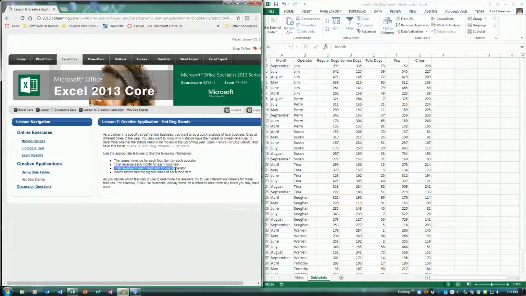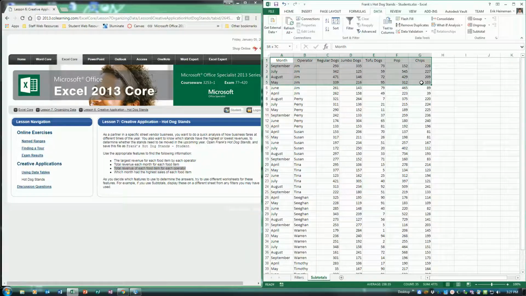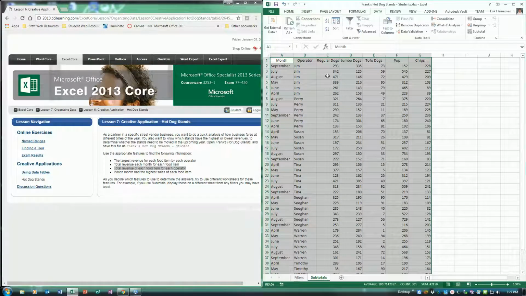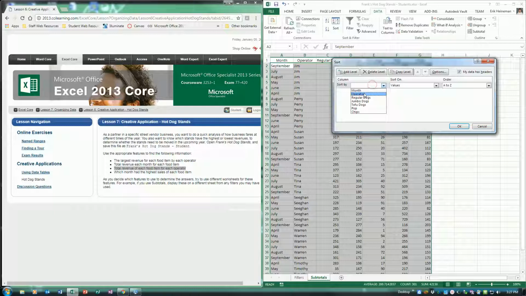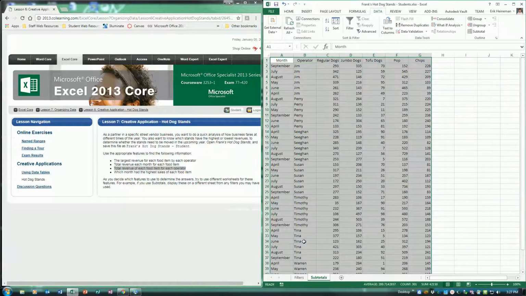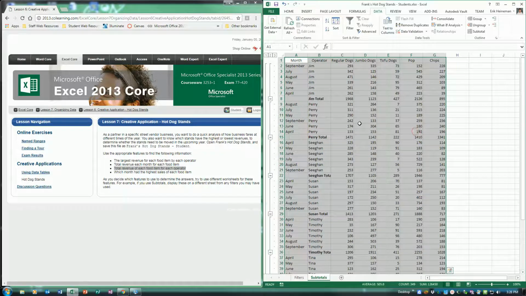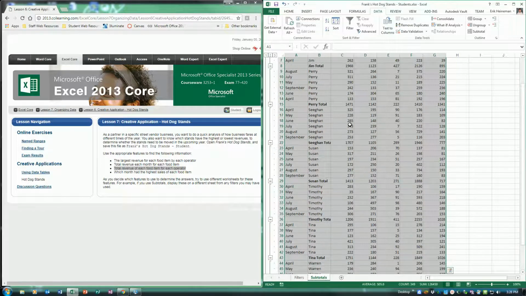So let's do this one first, the total revenue of each food item for each operator, which means what we're going to do is we're going to take this entire table here, and we are going to first sort it by operator. And now that we're sorted by operator, we will subtotal by operator, so at each change in operator, and then we're going to select all of the food items that we have. And then when we click OK,